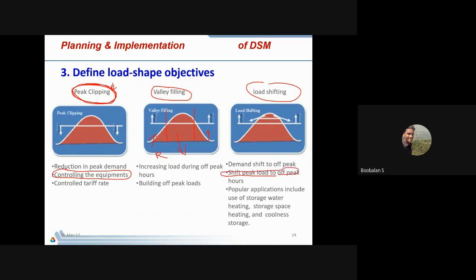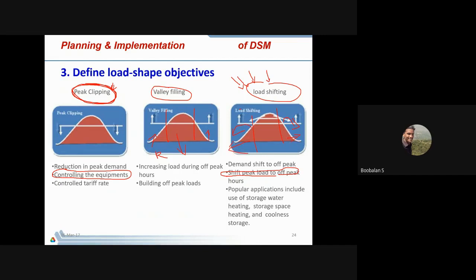I already told you, they will call them individually, right? Whoever the customer is that consumes much energy, privately they'll call them and have one more contract and go with it. In the time period where they consume more energy, we'll move them to another time slot, they will say. That's why we shift the peak load to off peak hours. So they will go and consume the energy in the off peak hours, right?